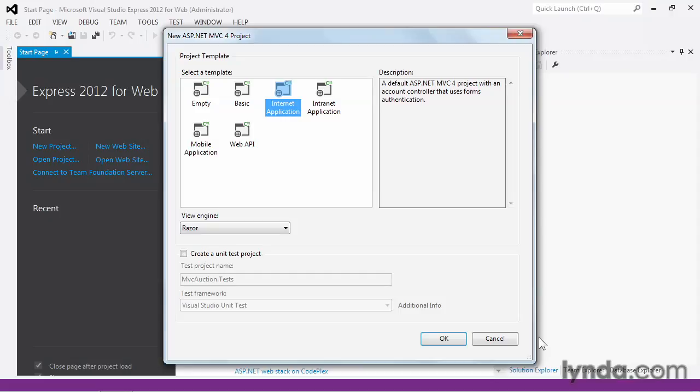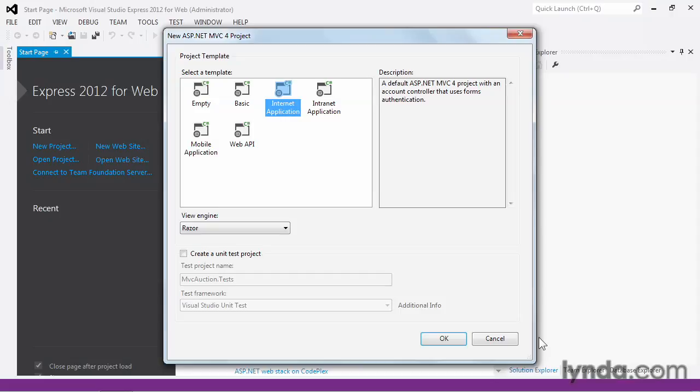The basic project template is the same as the empty project template, except that it adds a number of helpful client and server-side libraries such as the jQuery JavaScript library to help interact with users in the browser, and the server-side data access technology called Entity Framework to help persist data to the database. The Internet Application project template extends the basic template by adding a few basic controllers and views. Most notably, the Internet Application generates code and configuration that gives you full membership and authentication functionality right out of